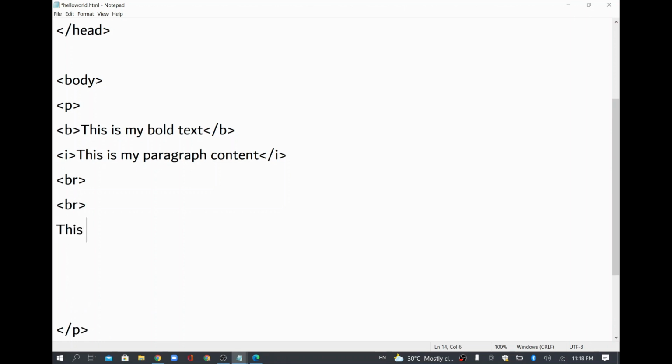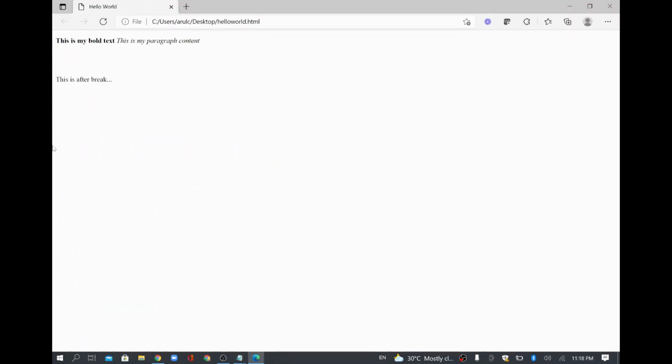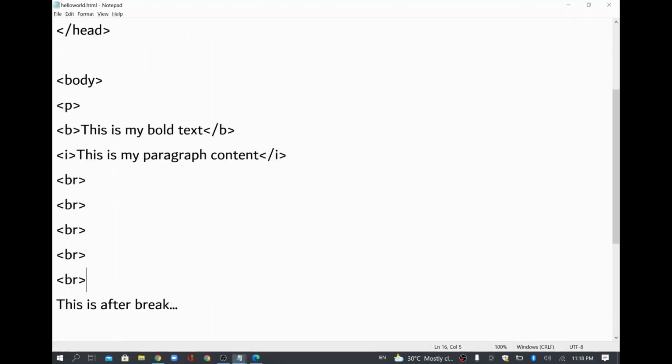Okay, this is after break. I have given this content, I have saved it, I refreshed it. See here, there are a few line spaces here, and after that only this text is coming. And if you wanted to add some more break space as well, you can add it, come and refresh it here, you will be able to see the new empty line got added here. So this way you can add it.